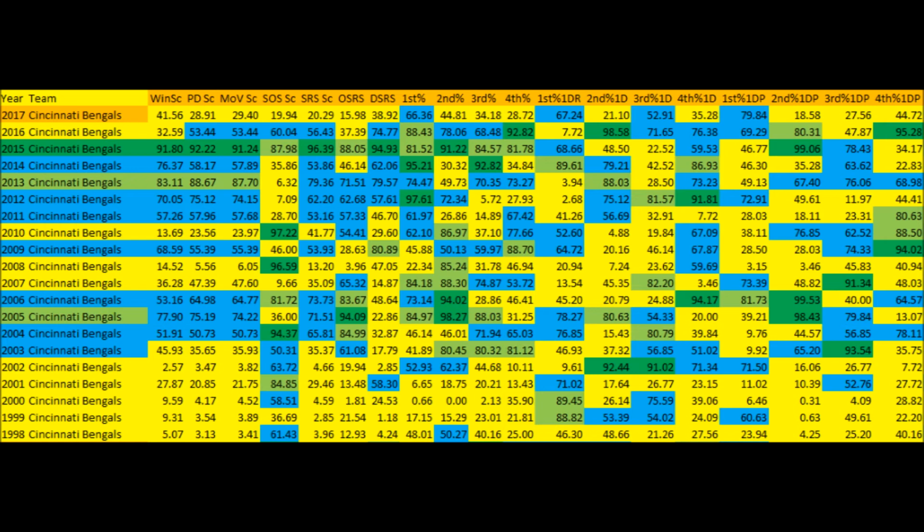So the completion percentage of the Bengals has really taken a big back seat, and that could explain a lot of the offensive score percentage woes, is that for whatever reason the completion percentage took a huge dip, and as a result you're seeing the ramifications of that. So I definitely would say that's a big thing to think about, is how much the offense has regressed, especially when it comes to completion percentage data.